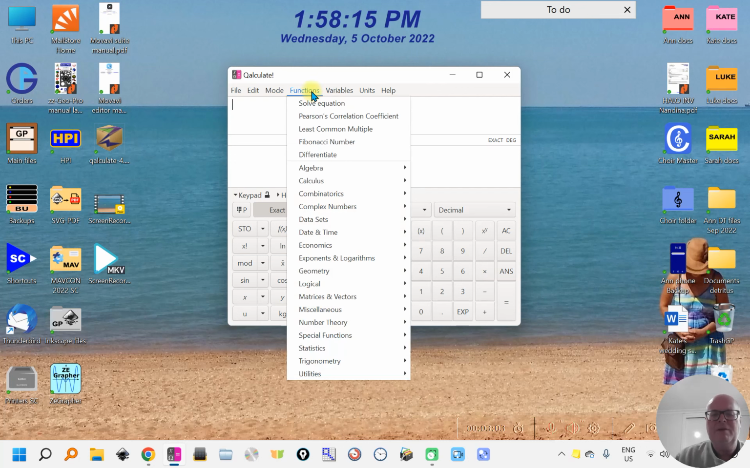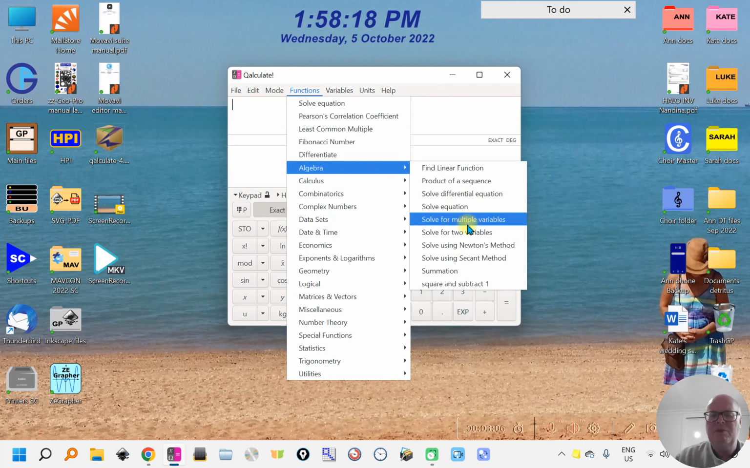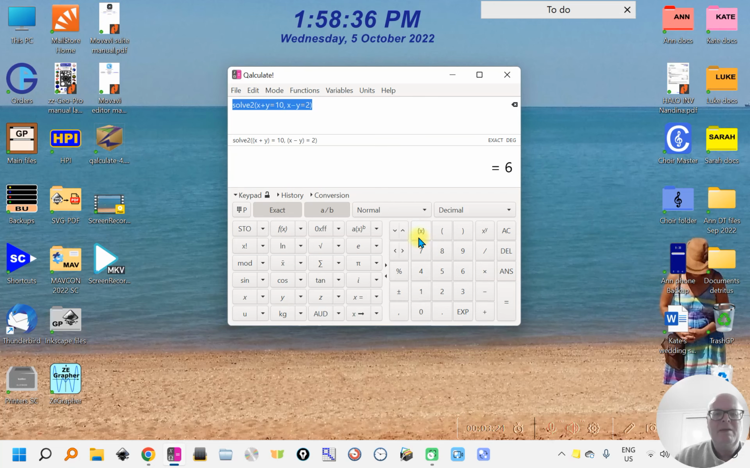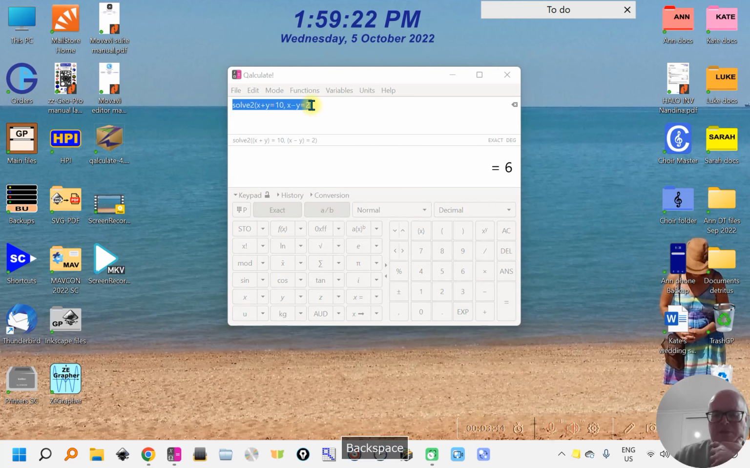You can even, under functions, algebra, solve for two variables or multiple variables. If it's two variables, just type in your equations. I'll just put in a couple of simultaneous equations. And the variable's already in here, calculate. And the first one it solves for is 6. Is the x, I think. If you wanted to solve for y, I'm not sure what you would do. What you could do, I guess,